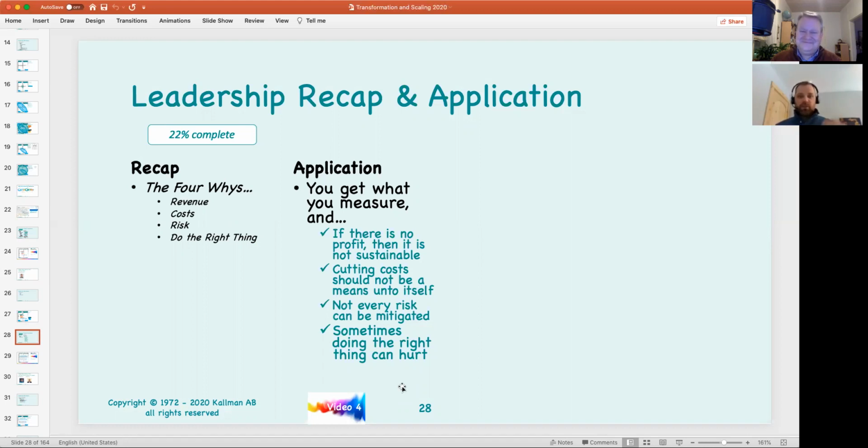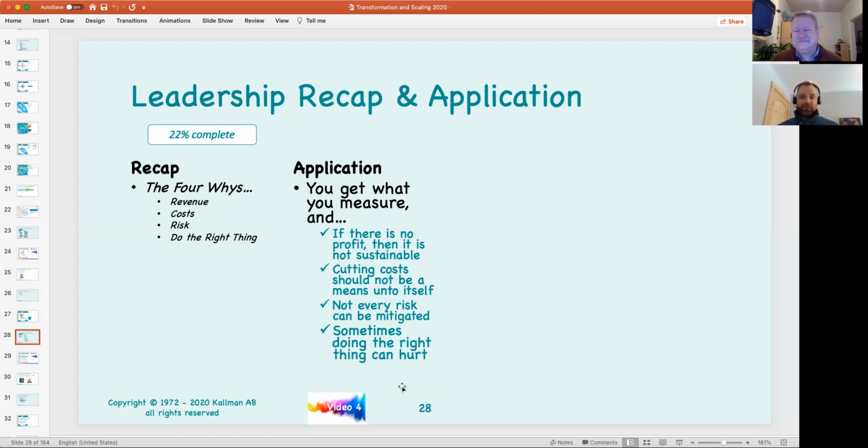So you get what you get when we try to apply this. And when we try to measure it, there's no profit. It's not going to be sustainable. Again, we're in the business of business. If we're a nonprofit, well, we don't have to worry about that. But if we're not a nonprofit, we know that we have to have that. I know in a previous video, Robert talked about how the cost of an individual cannot be higher than the value they produce. So we know that we have to be able to tap into those when we need to.